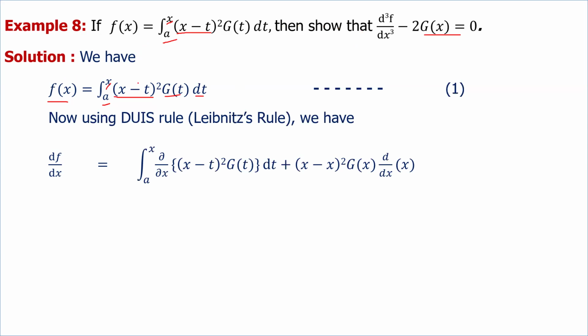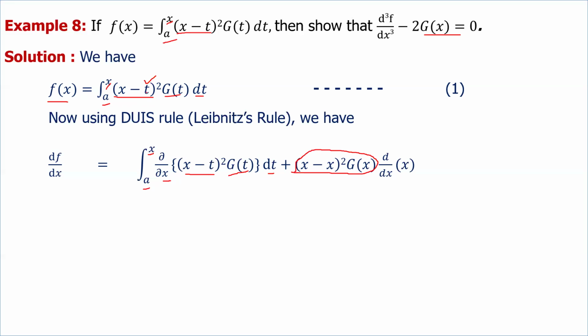Here x is the parameter and t is the variable, so df/dx is the integral under the limit a to x of the partial derivative of (x minus t) whole square g(t) with respect to x dt, plus the functional value of the upper limit, that is, of (x minus t) whole square g(t) at t equal to x,